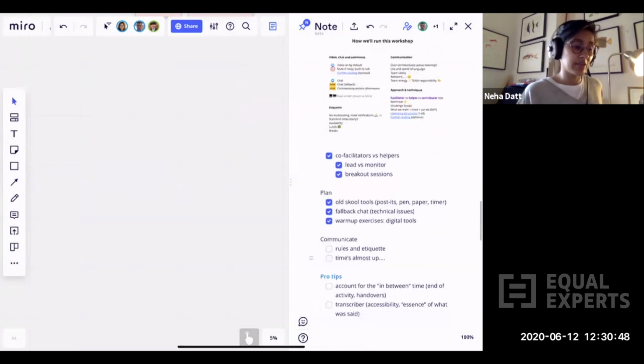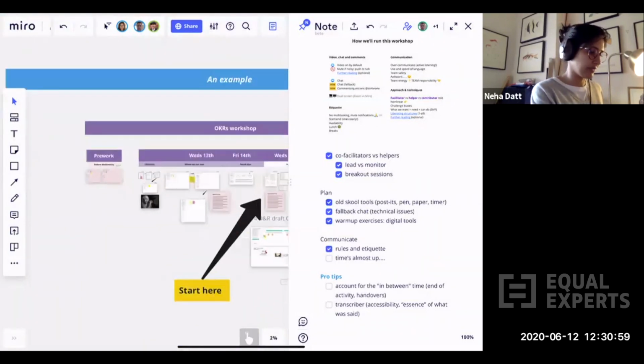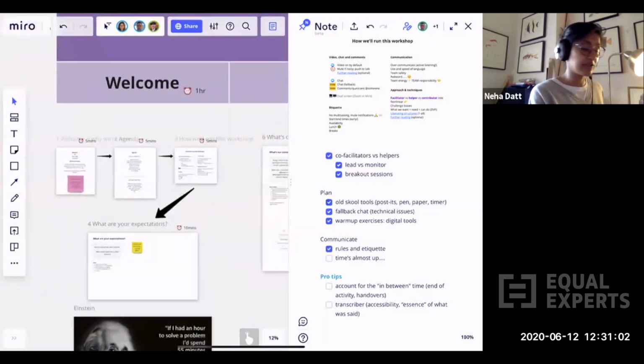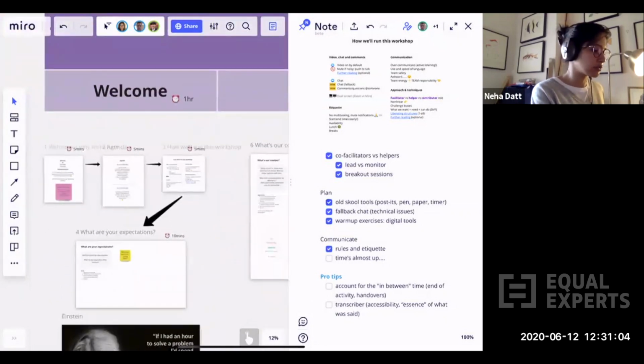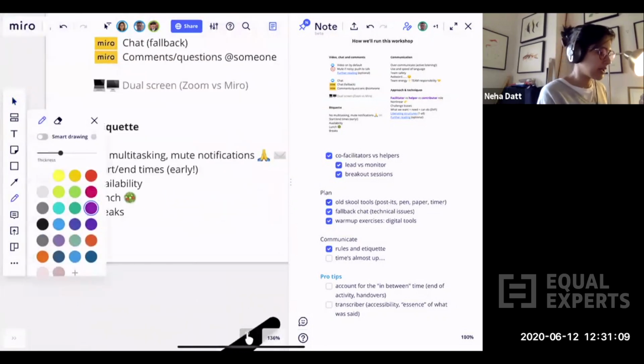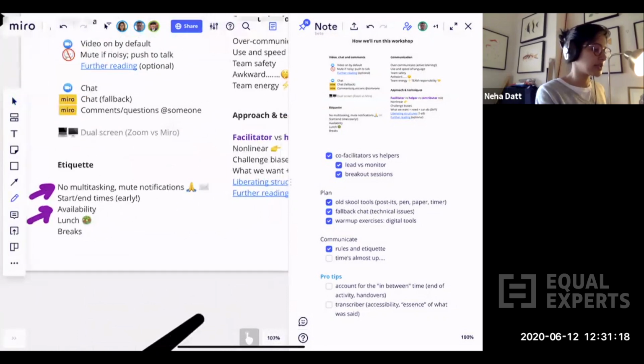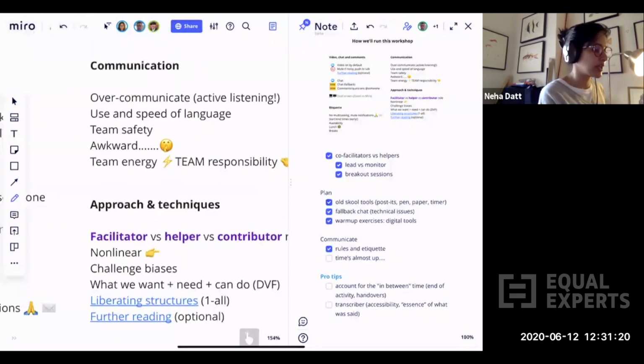The next point that we want to talk about is around communication, because this is obviously quite key. One thing is around the rules and the etiquette, and being very clear on what the rules and the etiquette are for a workshop. Again, during the welcome session for this workshop, we went through the rules and the etiquette. So we spoke a little bit about not multitasking and making sure that people were available throughout the workshop. The other thing that we did is we spoke very specifically about how to communicate, because how we communicate